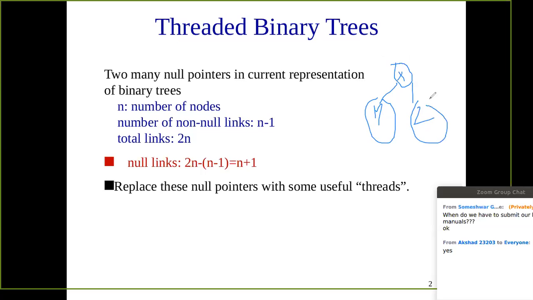And then in this you can see that here we are utilizing just two links, okay. One from the left link and one from the right side, that is the right link. So in the tree of three nodes we are just utilizing two links. Out of how many links? If you consider two links for this node and two more links for this node, so in total we are having 2, 4, 6. Out of 6 links we are just utilizing two links, and we are having four null links.